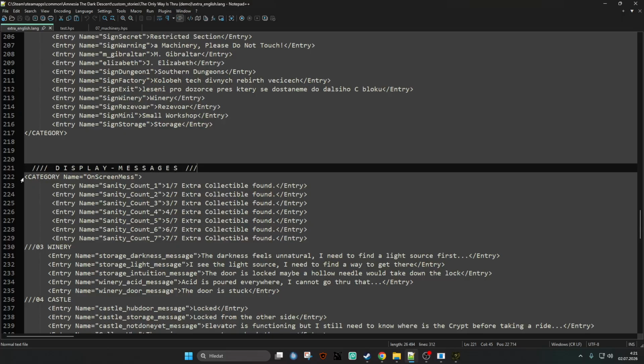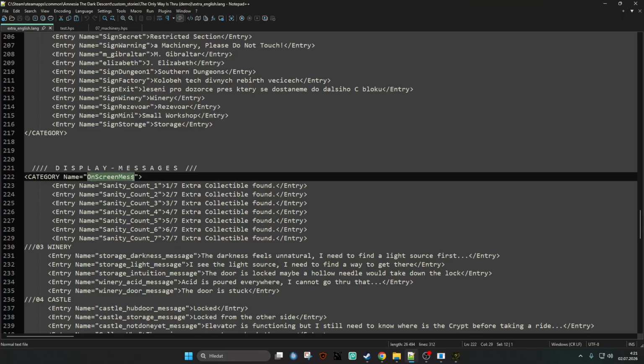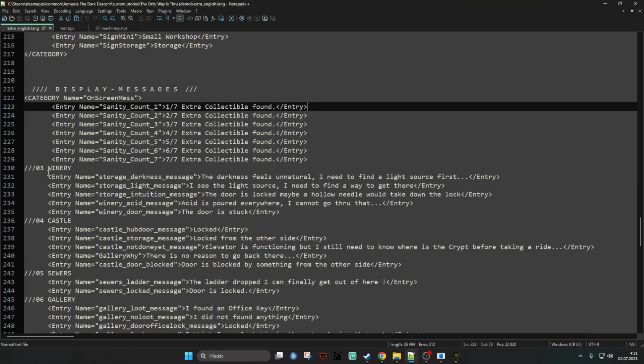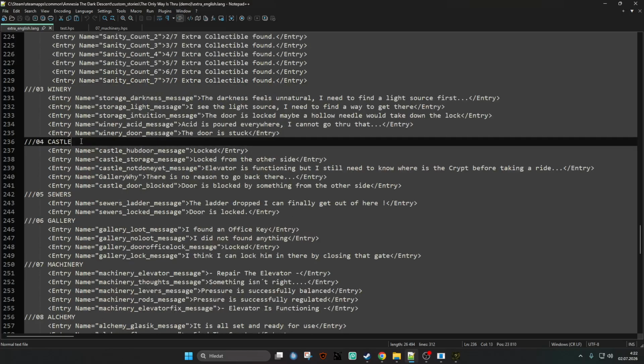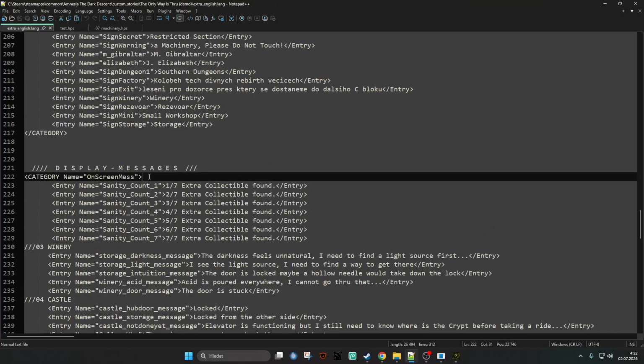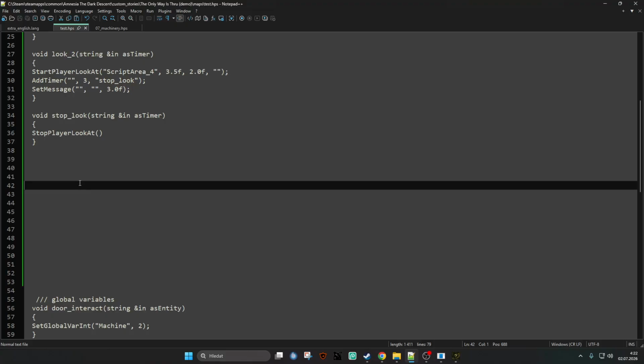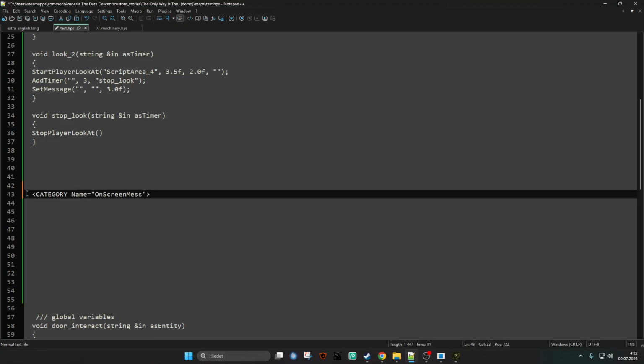Display messages here. I have it OnScreenMess, on-screen messages. So this is the category name, and then you put those things. I also divide it with maps, as you can see, but ultimately I'm going to make it clean here so you're gonna understand. It's just a category name. You can name it whatever,